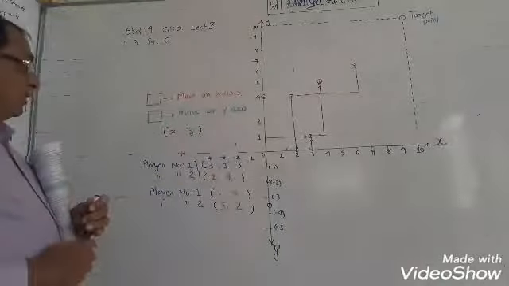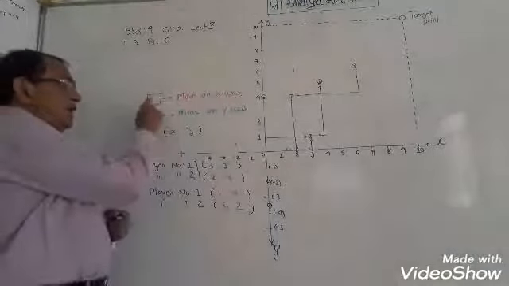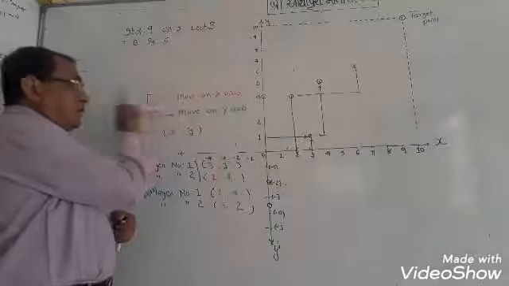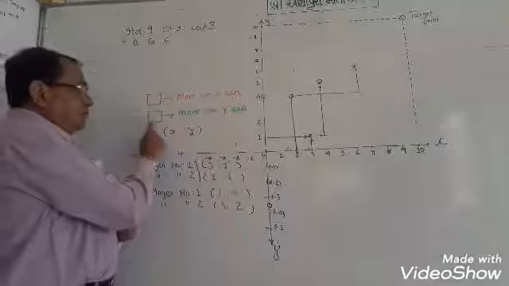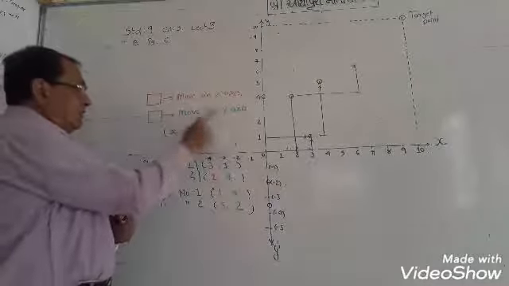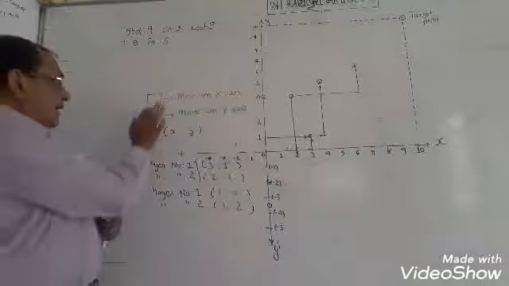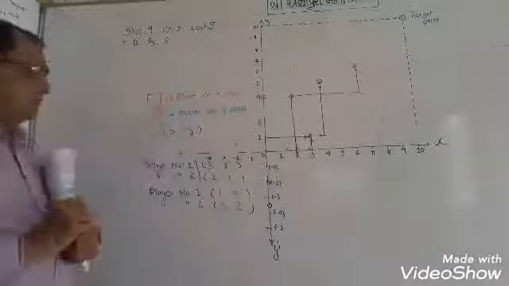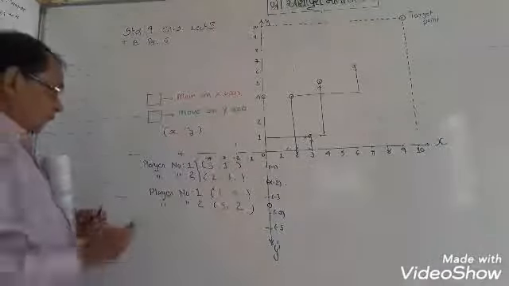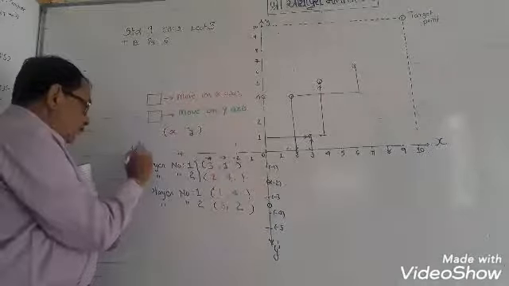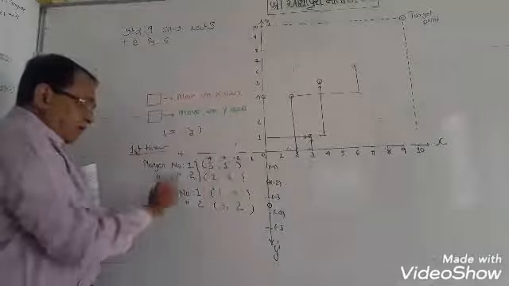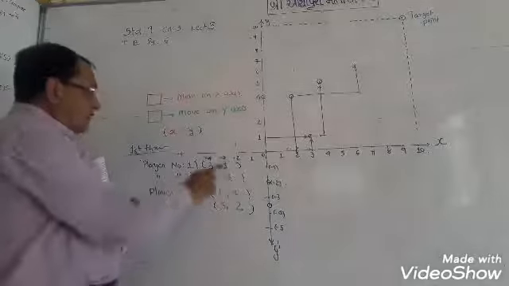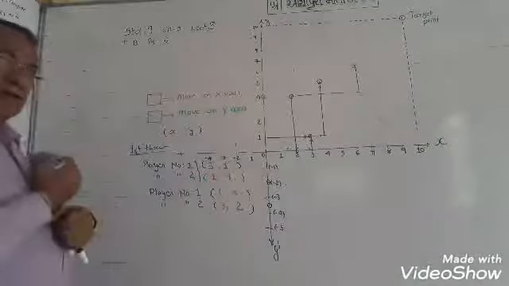Okay. Now they will move. One red dice is there, one green dice is there. According to the red dice, they will move on the x-axis, and according to the green dice, they will move on the y-axis. Right? Now according to the first throw by the first player, see, he gets 3 on the red dice and 1 on the green.